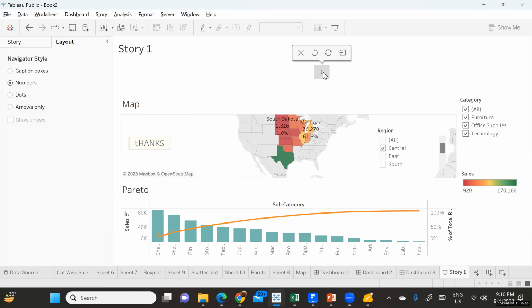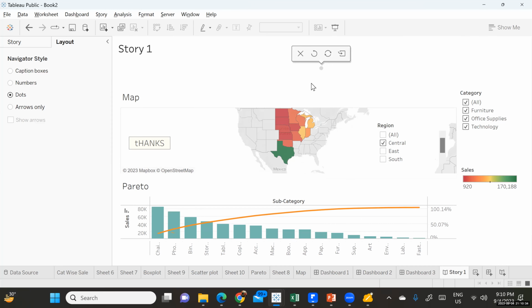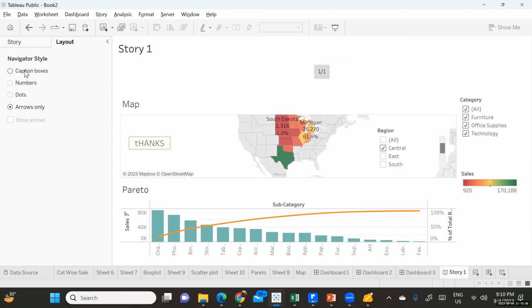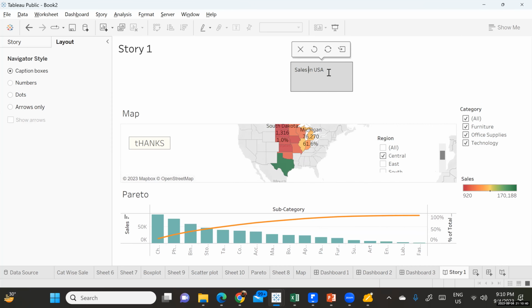If you want numbers, you can put numbers. You want dots, you can see dots. You want only arrows, you can see arrows. You want caption box, you can put your caption box. And then you can start writing your stories over here